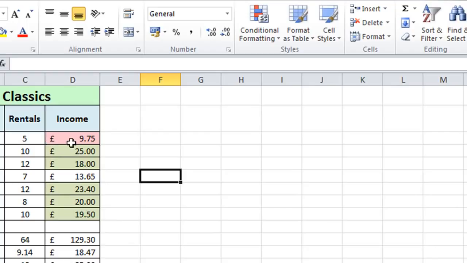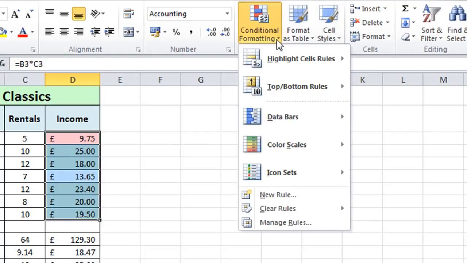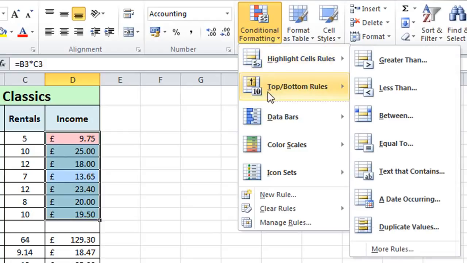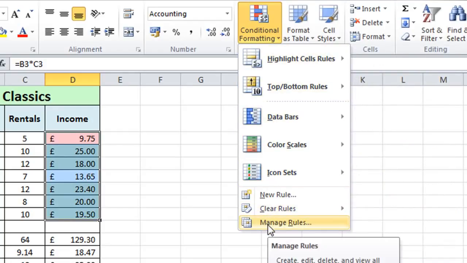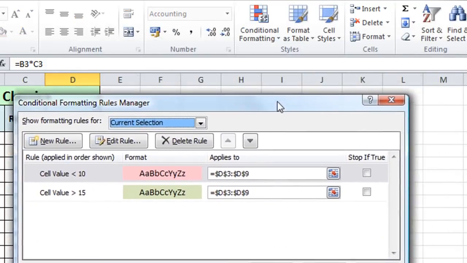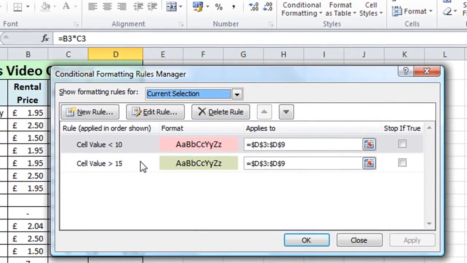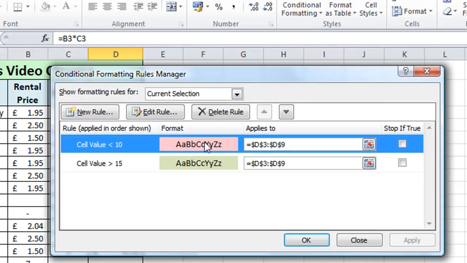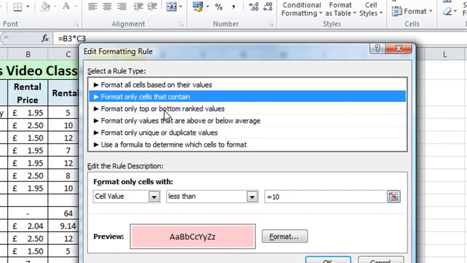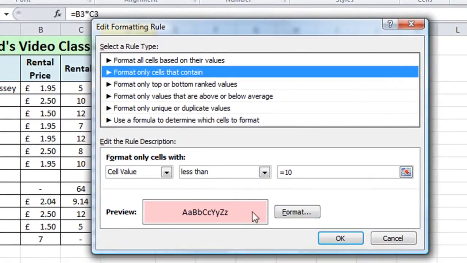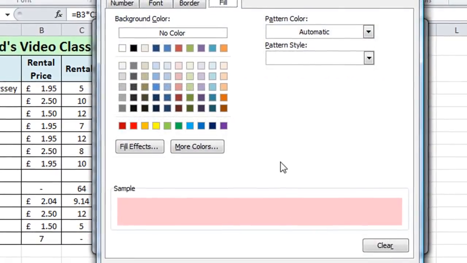Now to me that looks more like pink, so I'm not really happy with that, so I'm going to select the range again, go back to conditional formatting. Now here I need to edit one of my rules, so I'm going to come all the way down to the bottom and choose manage rules. So you'll see I have the two that I've already set, and the one that I'm going to change is here. This is the one with the pink colour that I'm going to modify, so I simply highlight that, click on it, click on edit rule,